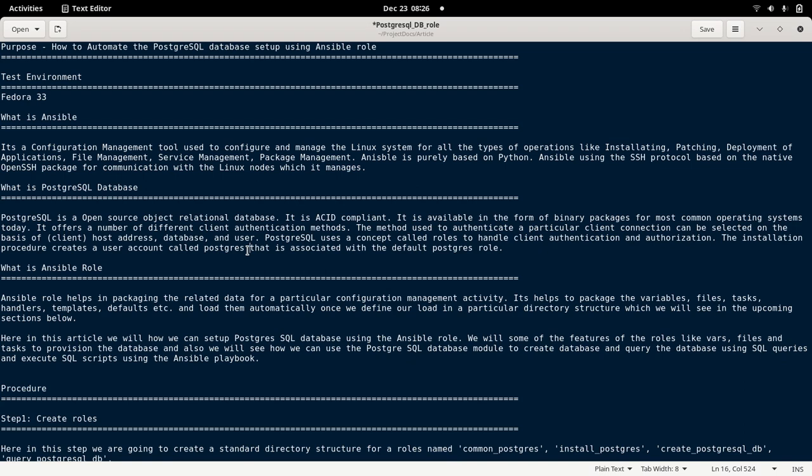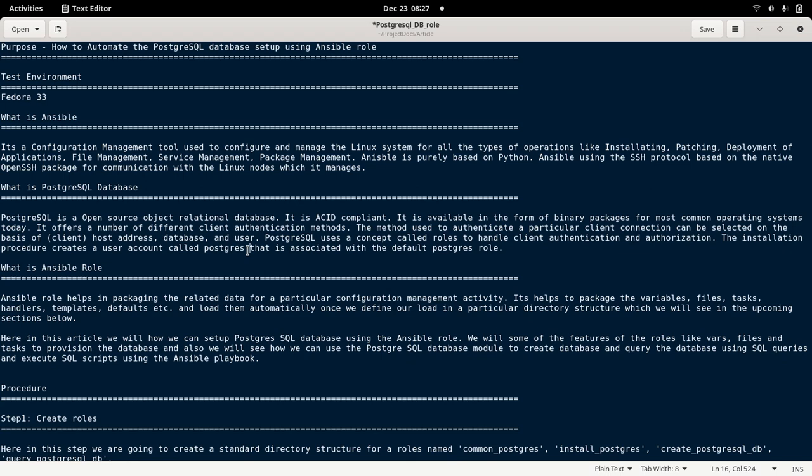And PostgreSQL is an open source database which can be used as an RDBMS with various features. That is the basic thing about the PostgreSQL database, and you can read more about that on the documentation page for PostgreSQL.